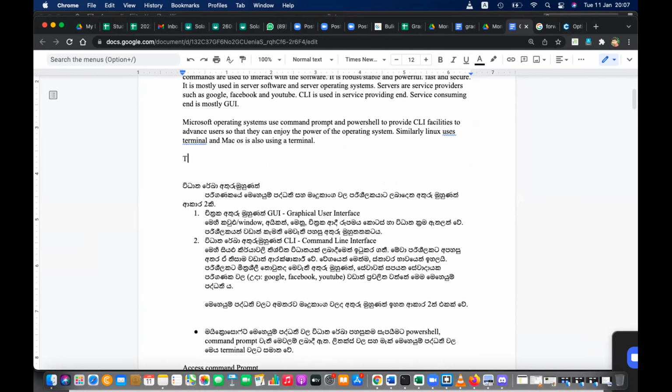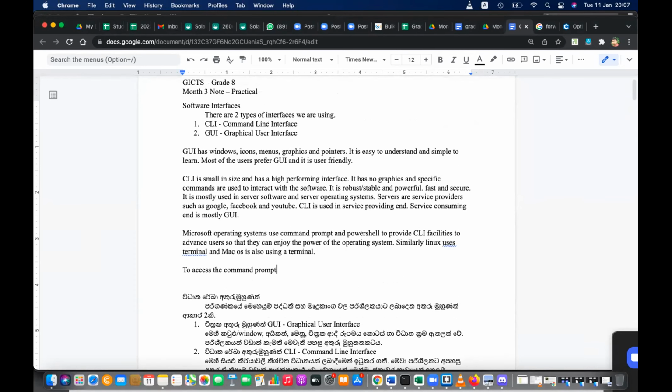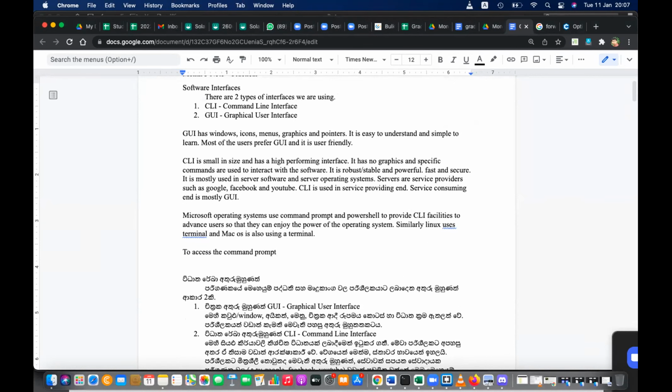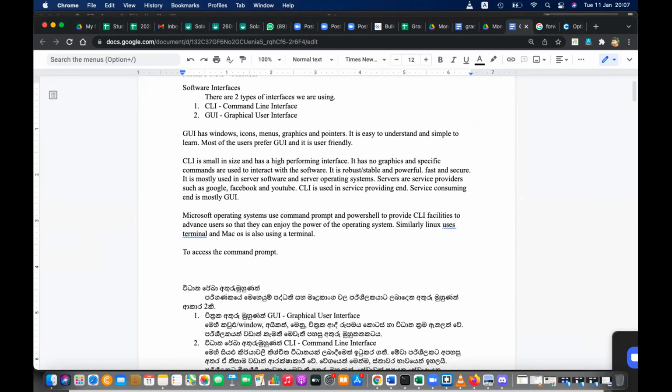To access the command prompt. A little bit tough, you always expect screenshots. But writing is a basic skill, right? If you can develop and enhance that, you can remember well. But taking screenshots, you will not be able to remember more.